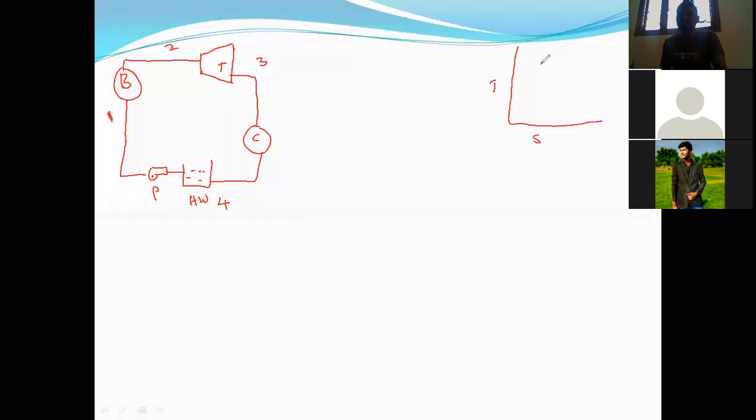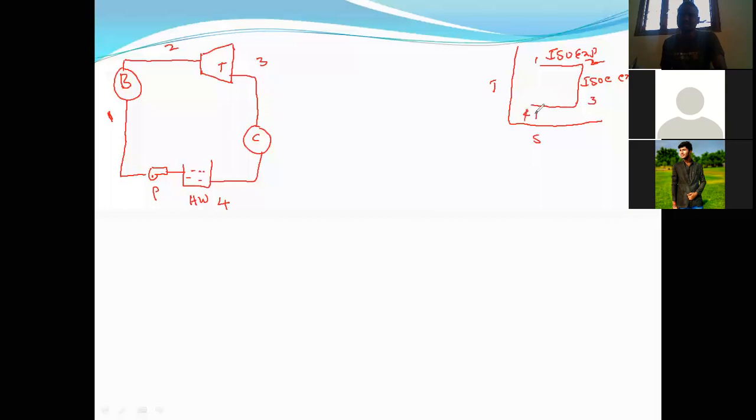What is the 1-2 process? According to the diagram, 1-2 is isothermal expansion. Temperature should be constant. Next, according to the diagram, 2-3 will be constant entropy expansion. Next, 3 to 4 is nothing but